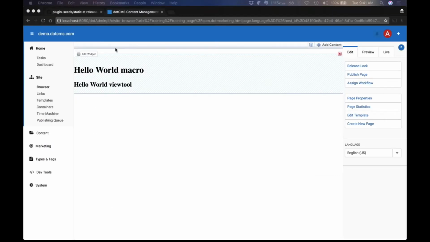On this page, we have a couple of frames that render the page in the backend in edit mode. This is what we call the edit mode of the page. So these end up hitting the view tool a few times, just something to be aware of. If we take a look at the page in the front end,